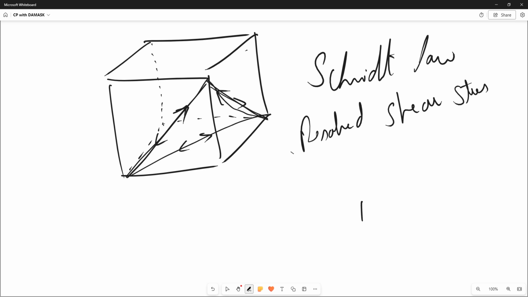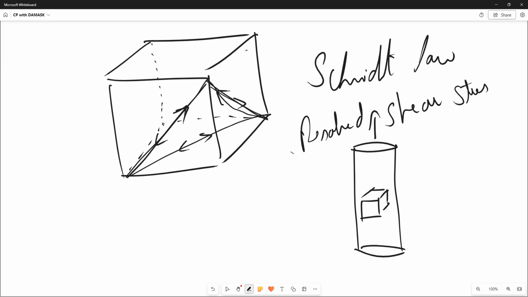Which means if we have a crystal oriented like this in an overall big material, and we are applying load like this, first we have to resolve it on this slip system, right? This slip system is at a certain angle, and we are applying load at a certain angle. There will be an angle between them,